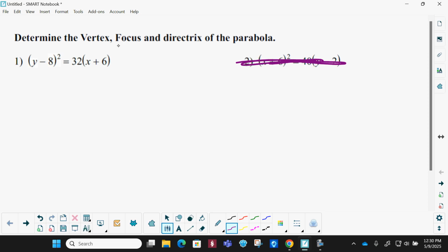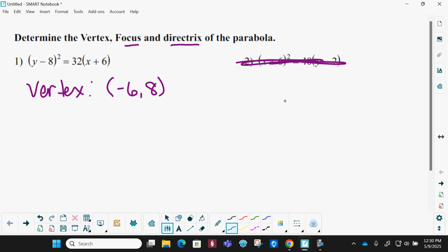So it says determine the vertex, focus, and directrix of the parabola. So here you want to be careful. So the vertex, we pull the stuff on the inside. So remember, we're going to change signs. So it'll be -6, 8. Okay, now before we can go find these things, or I'm sorry, the directrix and the focus, we need a